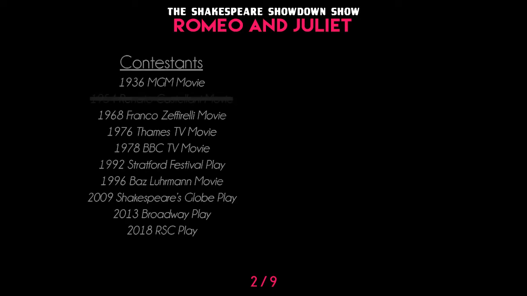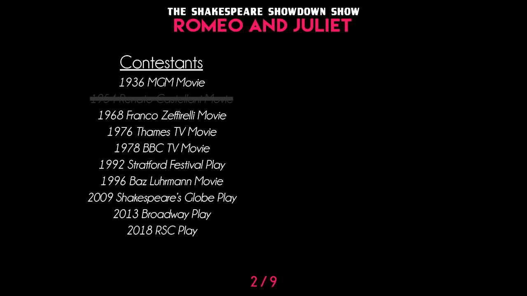This is episode number 2 and round 2 of the Romeo and Juliet Showdown. In our first episode, we introduced our 10 contestants, and we looked at the first half of Act 1, Scene 1, and we made our first elimination. In this episode, we will be looking at our remaining 9 contestants, and we will be meeting our 2 title